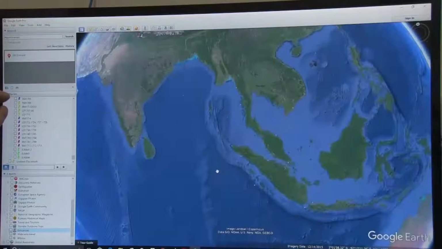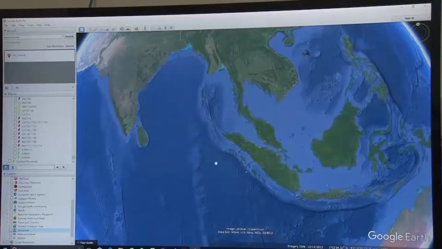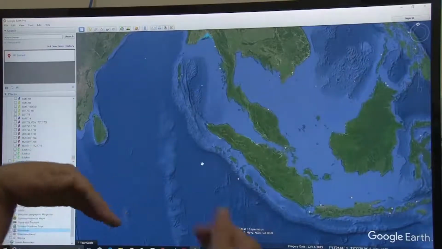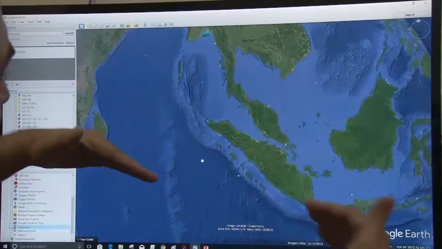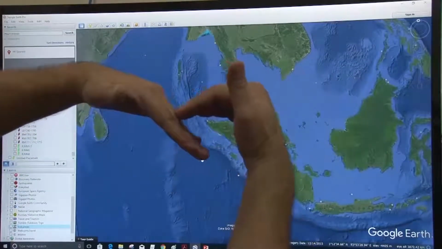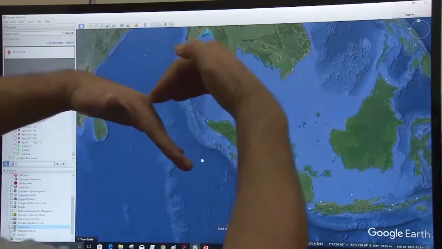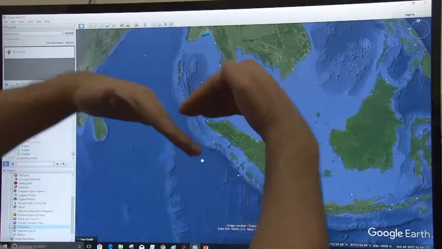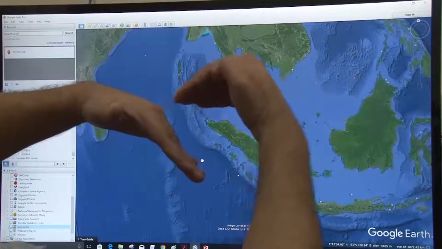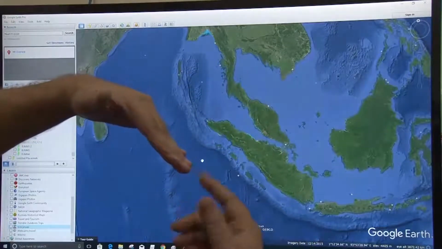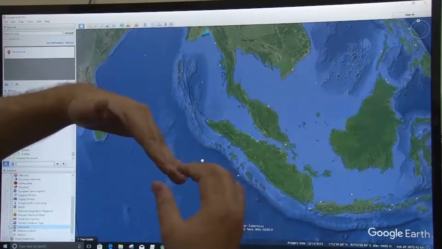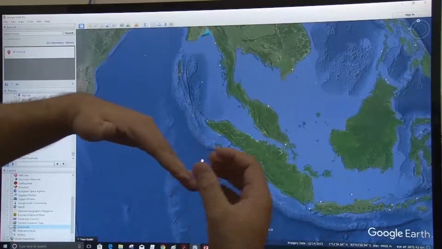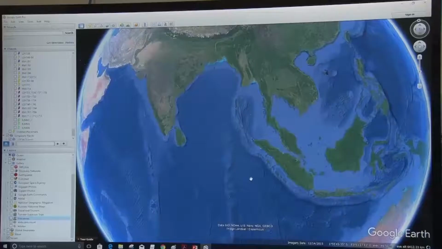At the plate margins or plate boundaries, you can see there are a number of earthquakes and volcanic activities. In case of a subduction zone, a plate is subducting beneath the other plate. Okay, so suppose this is the continental plate at the higher elevation, and this is the oceanic plate which is subducting beneath this. Okay, so it reaches a part where there is high temperature and pressure, where all the rocks and the solid material of the crust is melted.